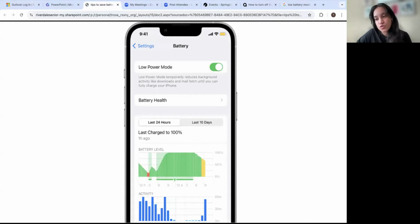the person is referring to the section when you tap on battery health. So if you go to settings and then battery, we have this page right here, and we have low power mode, but underneath it, it says battery health. And it brings us to another page. I don't have a picture of it, but if you're following along on the phone, it brings us to another page where we can see different things like maximum capacity, peak performance,